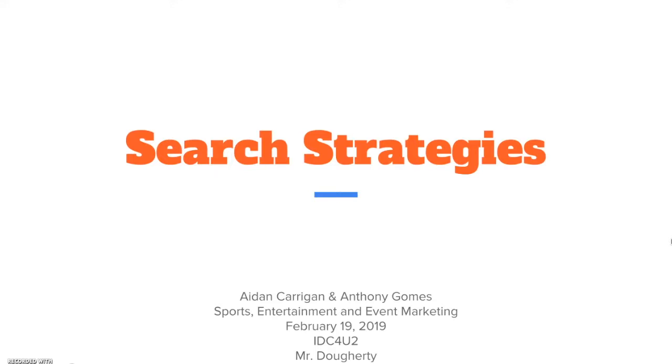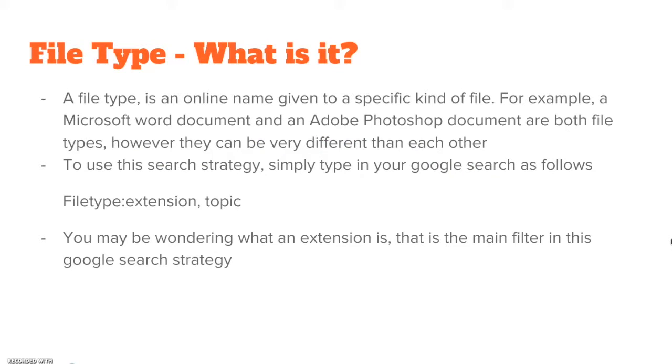The first search strategy that we will be talking about is file type. A file type is an online name given to a specific kind of file. For example, a Microsoft Word document and an Adobe Photoshop document are both file types, however, they can be very different from each other. To use this strategy, simply type in your Google search as follows: file type, extension, and